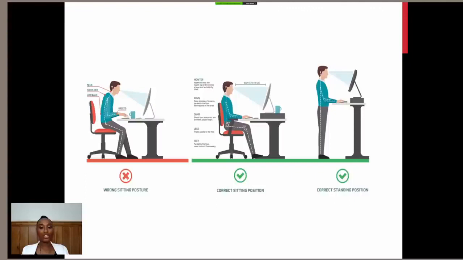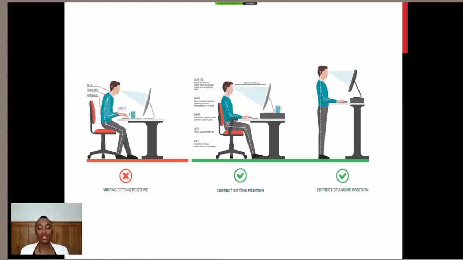You want to have a good chair, a supportive chair that supports your back, so you don't end up slumping down. If you haven't got a proper desk chair at home, it might be an idea to get a lumbar support, or you can sometimes just get a towel and roll it up, or a cushion, and put it at the base of your spine. That will maintain the natural curves in your back and give you a bit more support there.